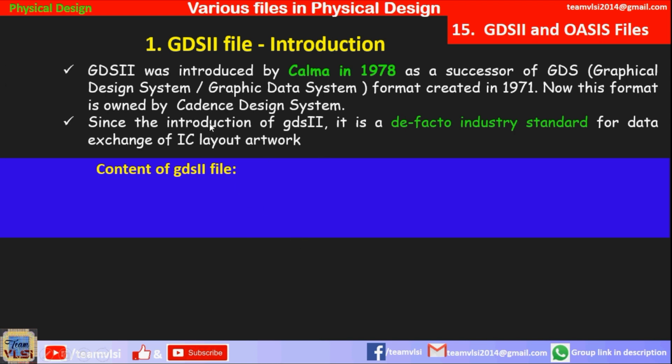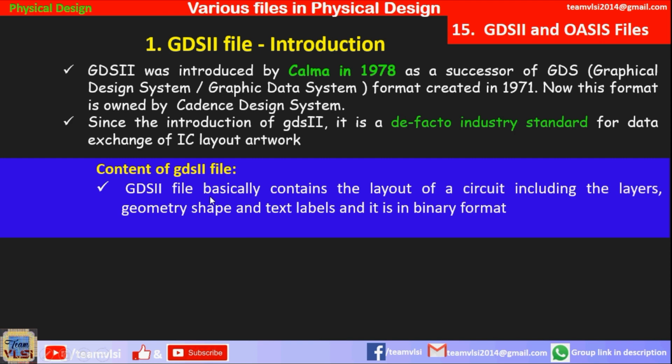I will just briefly introduce these two files in this session. So the GDS2 file basically contains the layout of a circuit, including the layers, geometry shapes, and text labels, and it is a binary format, so you cannot directly open and read it as you can do for ASCII format files.